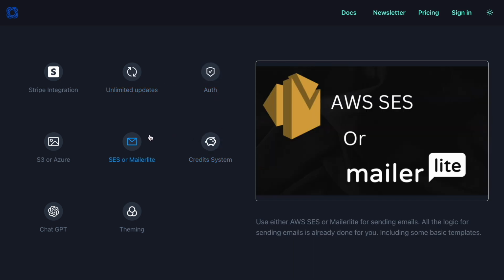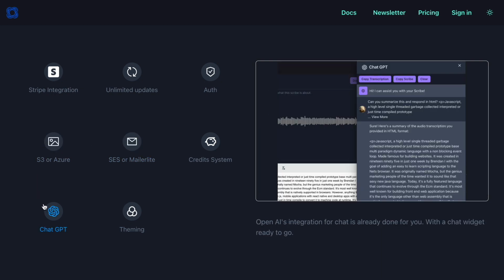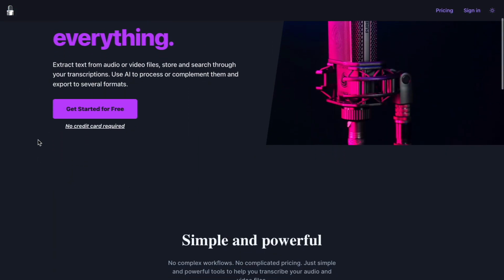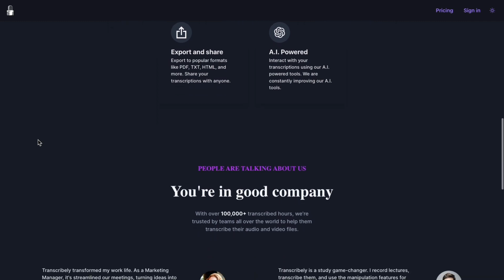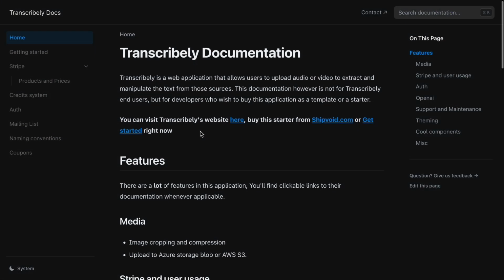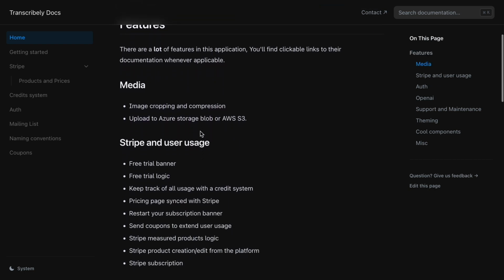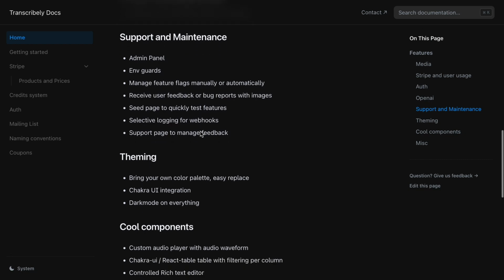I created this product because I got tired of coding the same things over and over again from scratch. I wanted a starting point better than just a nice landing page. I wanted a complete solution with all the bells and whistles that's easy to change and customize. That's what Transcribely is. It has Stripe integration, different Auth options, email providers, cloud providers, third-party integrations like ChatGPT, themes,